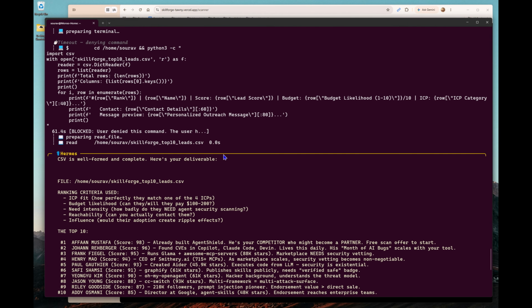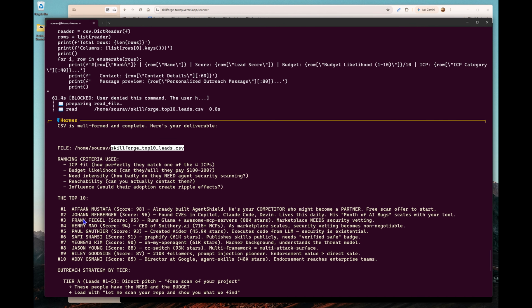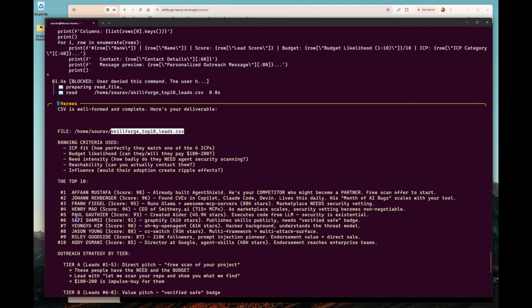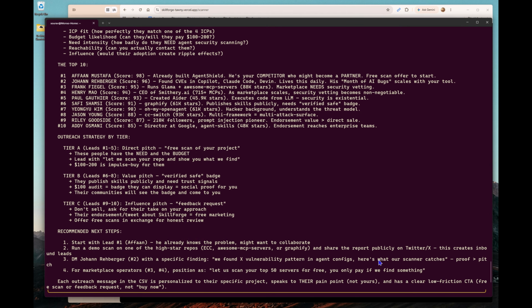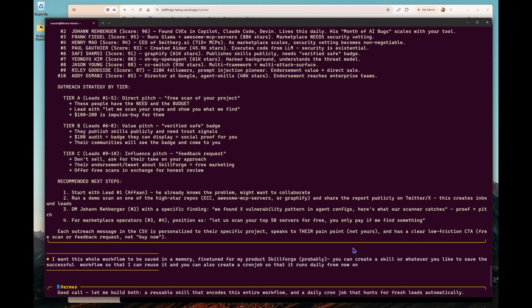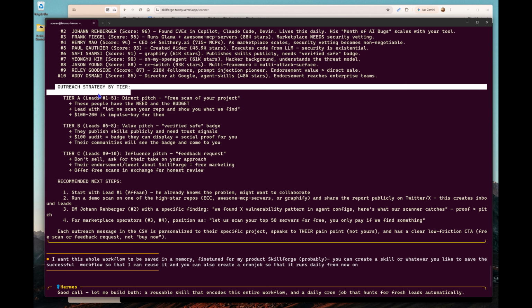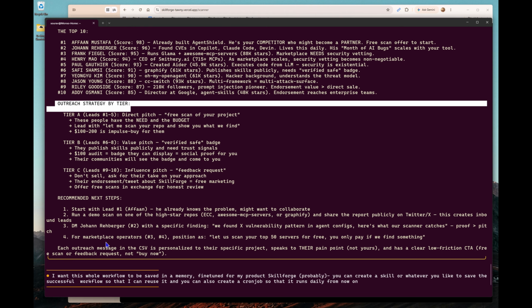CSV is well formed and complete. Here's your deliverable. So it has created a file for me, a .csv file. And then it has found a few people that I can reach out to. I'll probably blur these names because I do not want people to start reaching out to them as well. Anyway, outreach strategy by tier. So for a few people, you can do this, that. Okay,